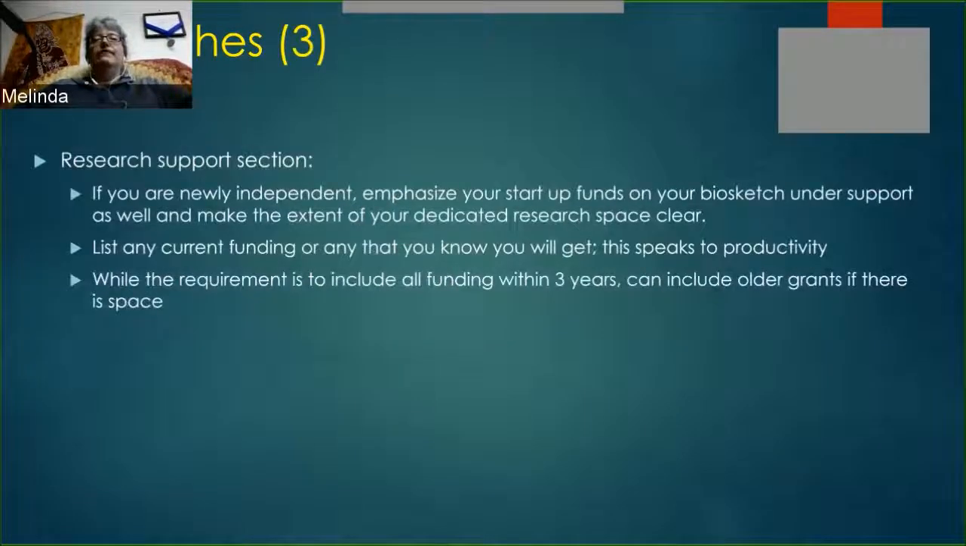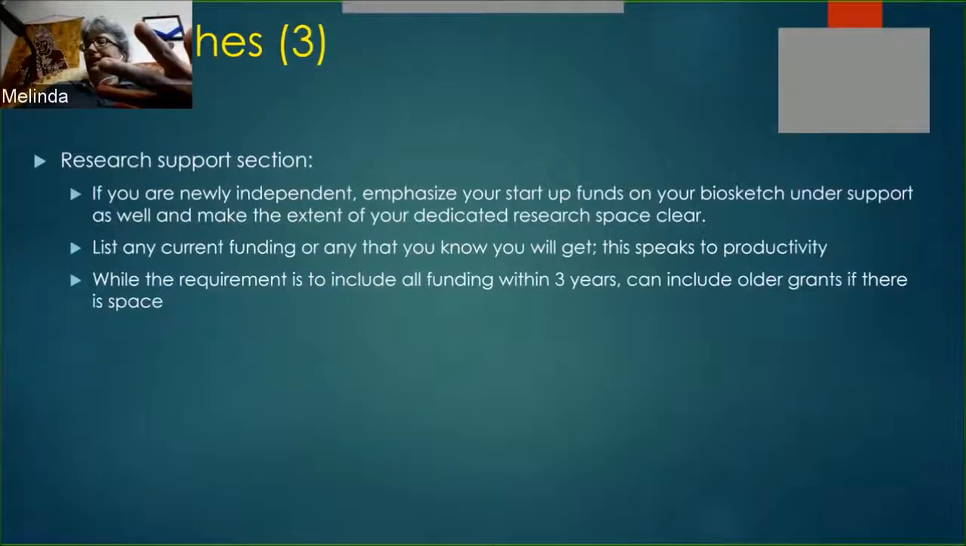All right, and then finally is the research support section. For somebody who's been doing this a long time like me, you basically put all your grant funding from the past 3 years and you're done. However, if you are newly independent and you received startup funds or you have institutional resources to do your research, absolutely put that under your other support on your biosketch. And you can also talk about your dedicated research space or any other kind of special research support you could be getting. Let's say like a